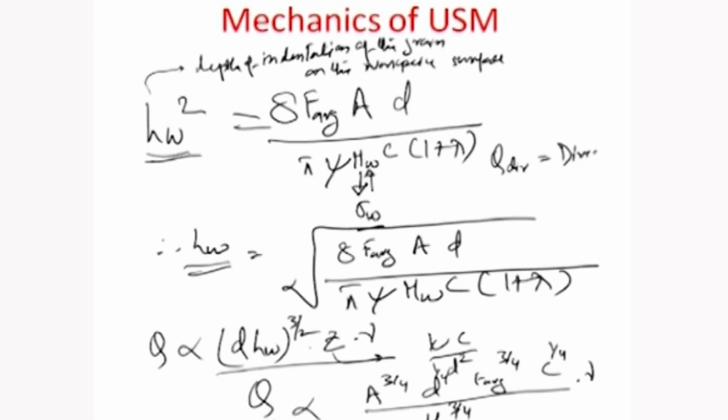Q direct is nothing but the direct hammering action of the vibrating tool head on the grains, thus creating a ploughing action. So, as I told you, there are two modalities of this material removal. One is of course the direct hammering action of the vibrating tool head, and the other,